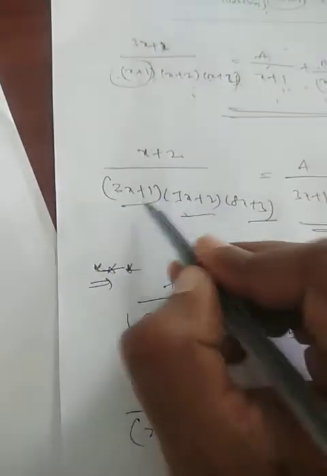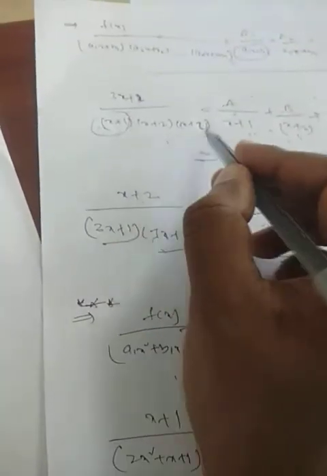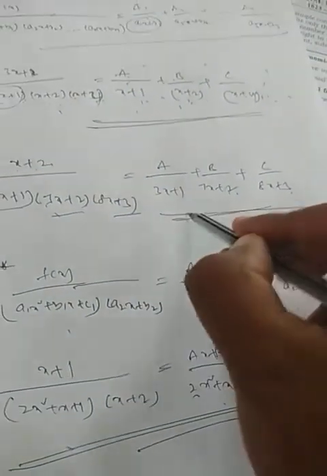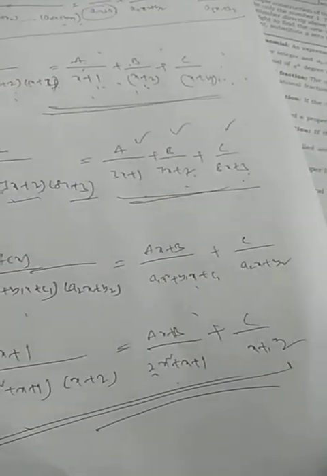See, any proper fraction. Proper means what? The denominator degree is greater than the numerator degree. Here the degree is going to be 3, so this can be split into 3 simple fractions. So that each such fraction is called a partial fraction. I am going in very much detail. If you have any doubt, you can ask me immediately.